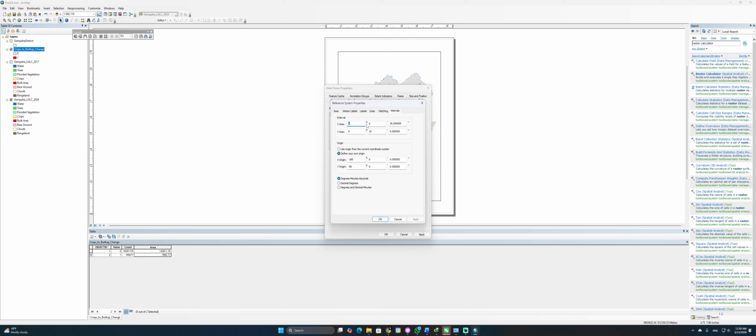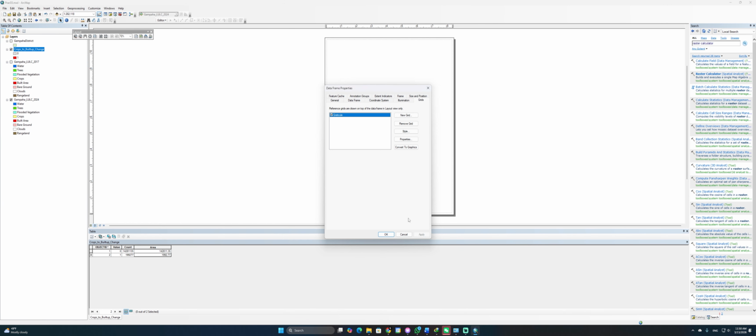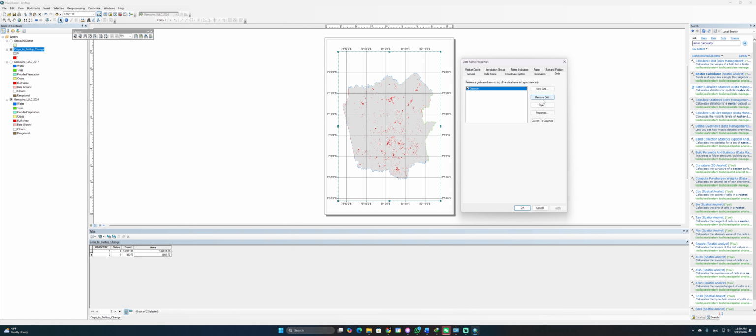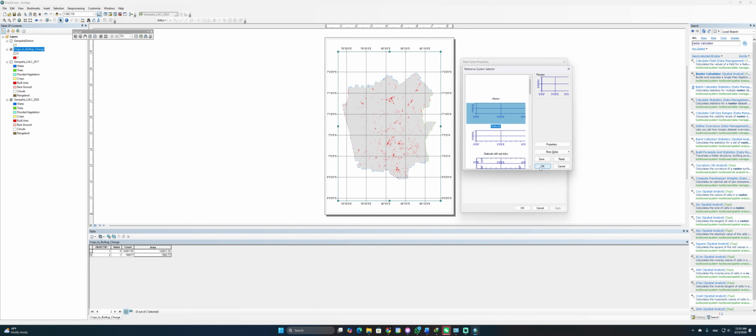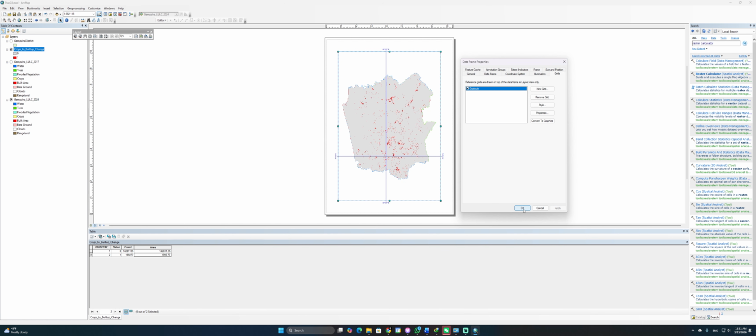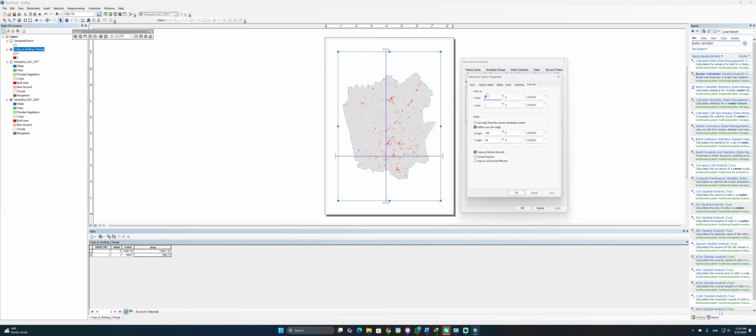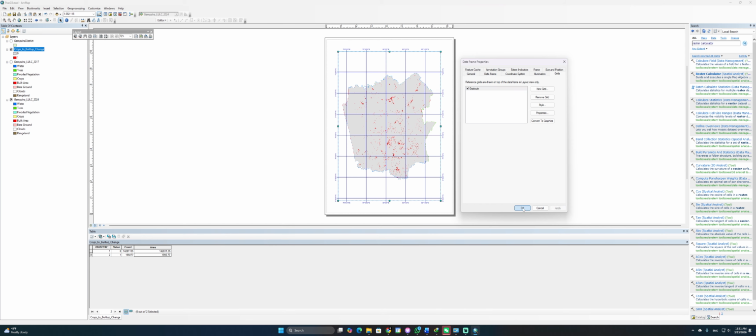For the intervals, I will say 5, 5, 0, click apply, OK, and then this style, I will select this style and click OK, apply. Yeah, I think I have to go to properties again and adjust the intervals, 0, 0, 5, 5, apply, OK, apply, OK, and then now the north arrow, insert